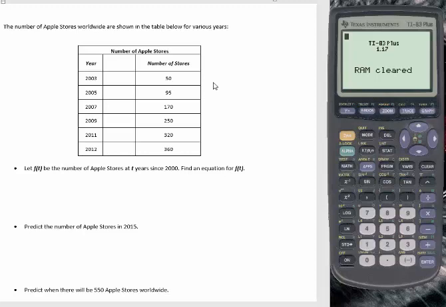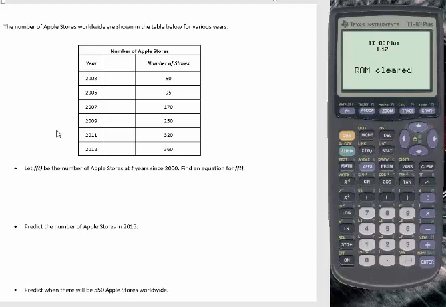The number of Apple stores worldwide are shown in the table below for various years. You think of Apple stores, they're ubiquitous, they're everywhere, but they had to start with a small number. It turns out that in 2000, there were only 50 stores, all the way to, I've dated it to 2012, there were 360 stores. So it looks like maybe there's some type of relationship here. Looks like as years go up, so does the number of stores, which makes sense because Apple's gotten